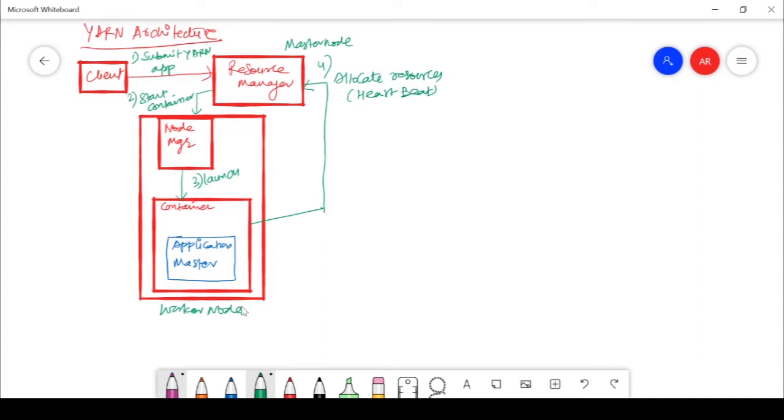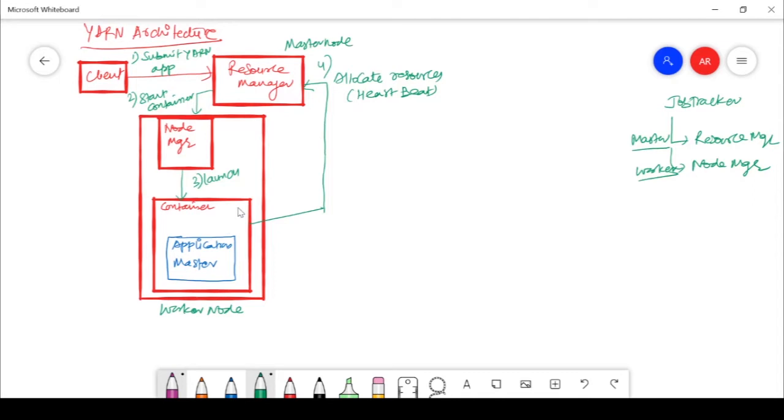Now this is your node manager, which will execute the process. Taking it another way, the client submits the job to the resource manager, which takes care of everything. If you remember the job tracker, its tasks are broken down into the resource manager and the node manager. You can assume that this works on the master node, and this works on the worker node. Then similarly, this is a worker node. Now the resource manager will tell the node manager to start a container.